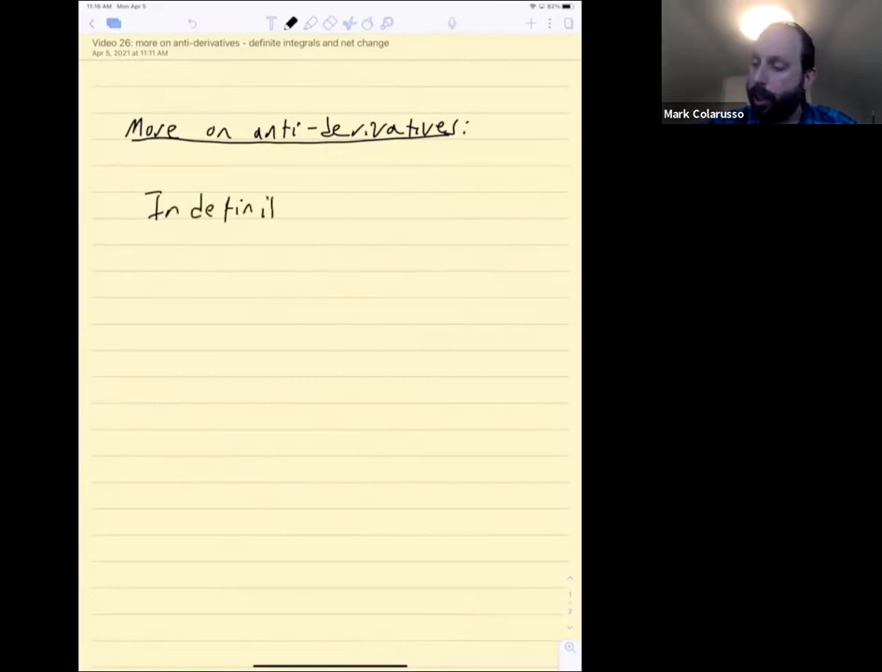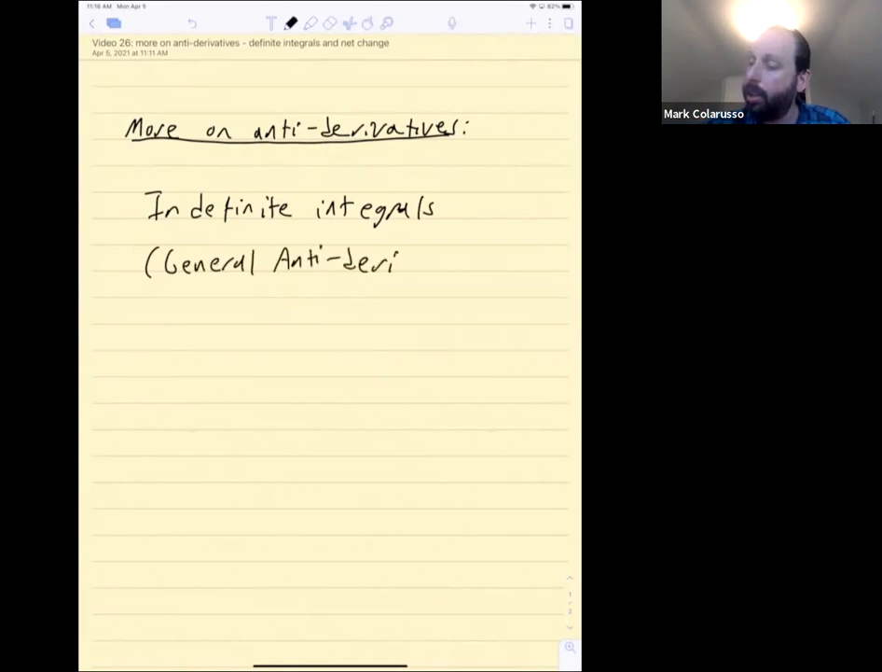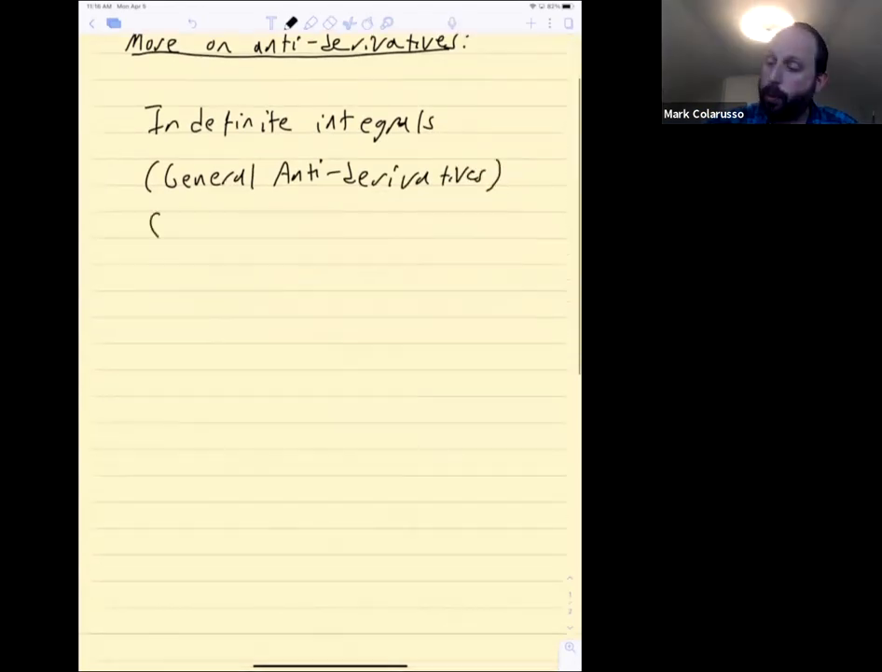We were looking at indefinite integrals, and I also called these general antiderivatives. So let me just clean that up a bit. Let's make some more room here. Okay, so this we wrote as this integral sign, which was, like I said, a stylized S, f dx is equal to capital F of x plus C,